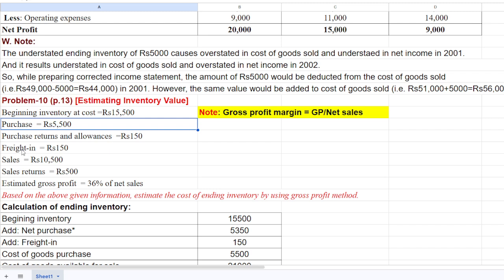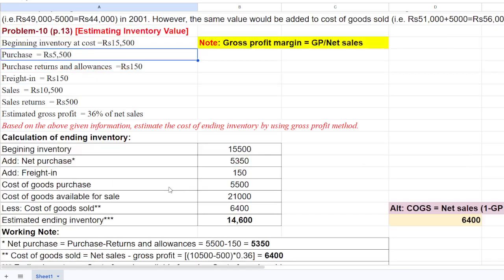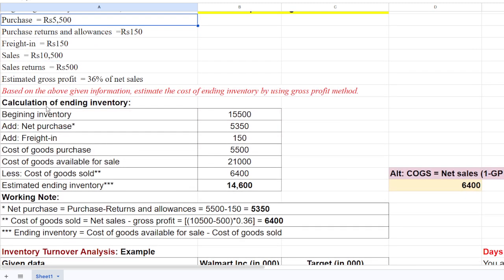But when we are purchasing, we might have to bear certain transportation charges. That is called freight in, 150, and sales are 10,500. Once you exclude the sales return, net sales would now be 10,000. So when you are preparing this, you are going to find the